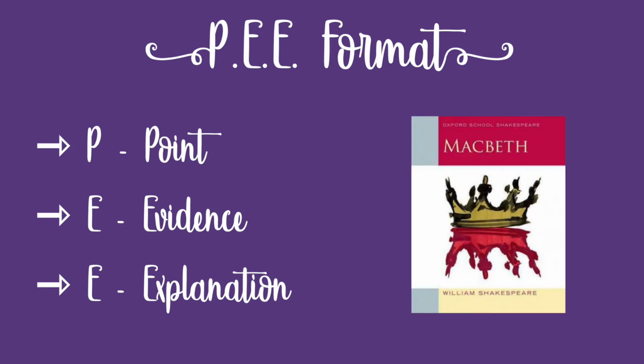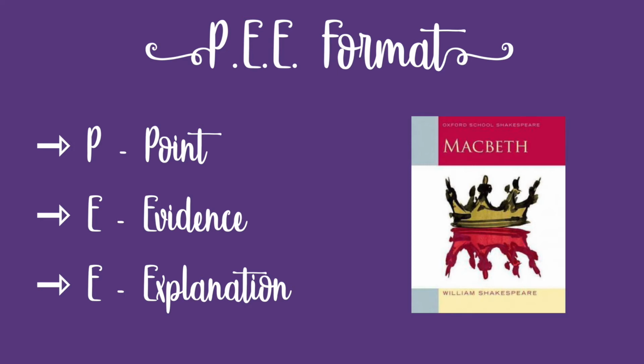Now let's take the example of Macbeth. For example, you start a paragraph, and as I said, each paragraph should represent one point. So for example, my point is that Lady Macbeth sleepwalking represents her guilt. Now that's the point that I'm making in response to the question. I have to give evidence for that. So evidence would be a quote from the text or any other sort of evidence, and then I would have